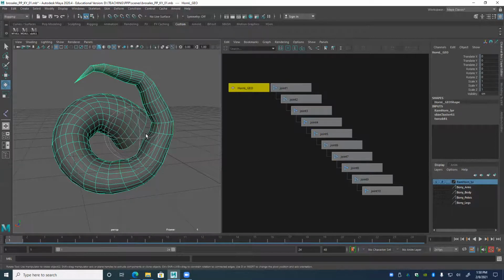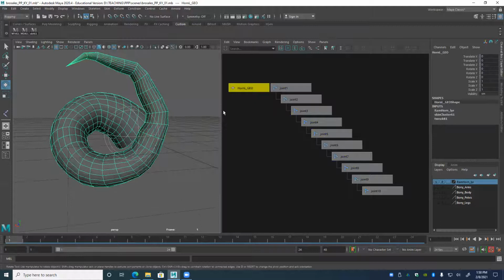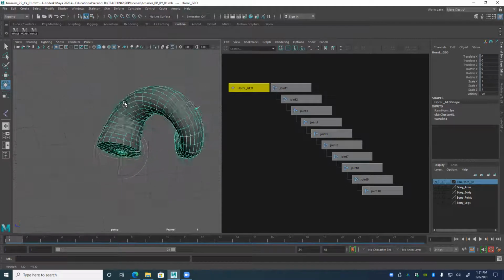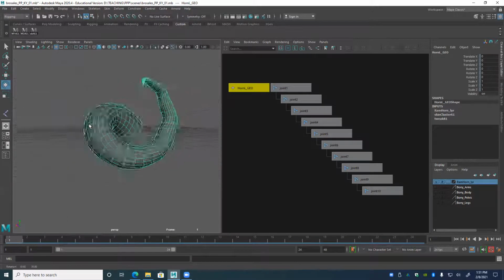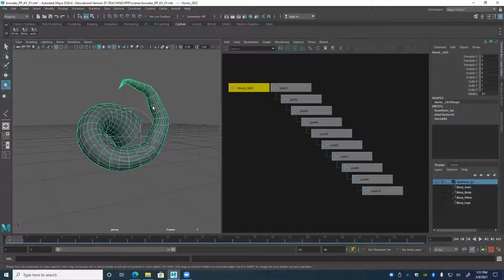I have enough geometry. The problem with these points here is I didn't rig enough. I didn't have enough points on the rig. So if I added maybe twice as many joints on the rig, this wouldn't look all ugly like that. It would look smoother like this. So you can either add more joints to the rig, or you can just,